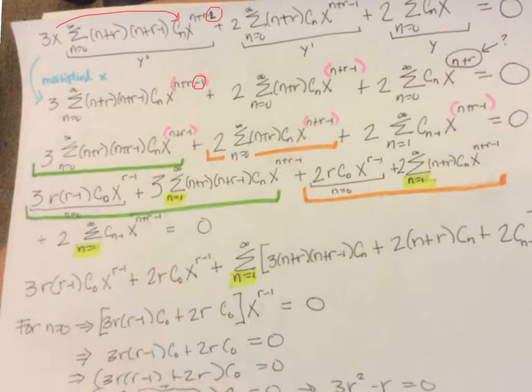Okay, so this one is the same, I'm just rewriting it. Ignore the green and the orange, that's the next step. But this is the same thing as this. This power series is exactly the same thing as this power series. Now, I want this one to look, well, you can see it because I already wrote it down, I want it to be n plus r minus 1, so instead of starting at